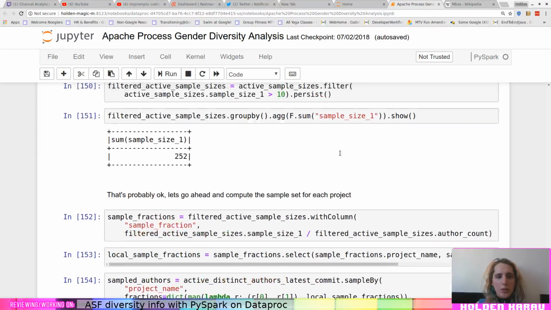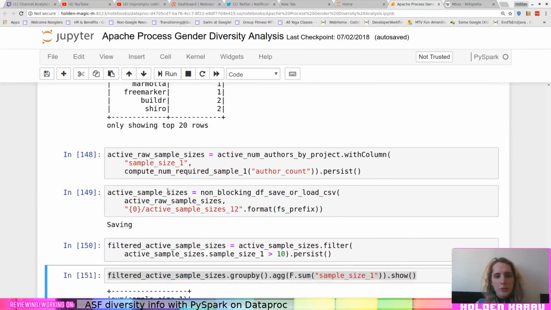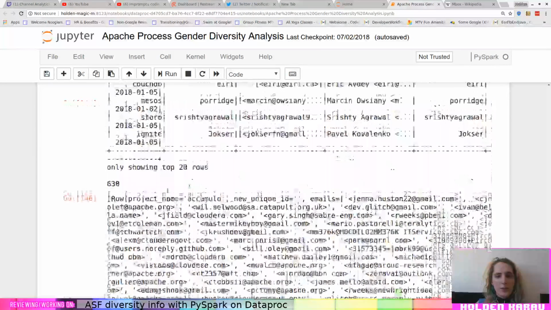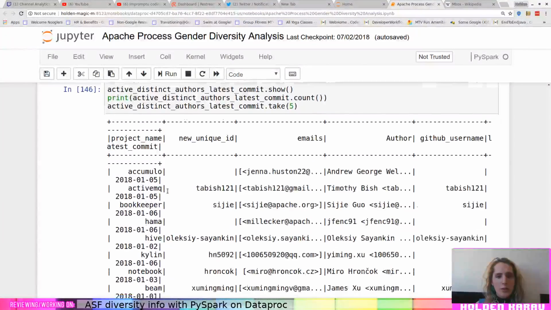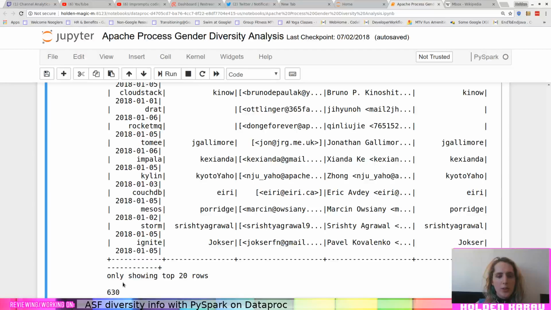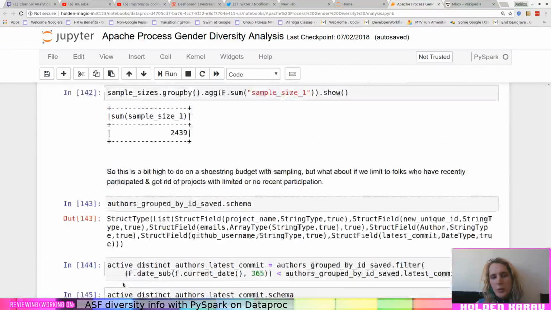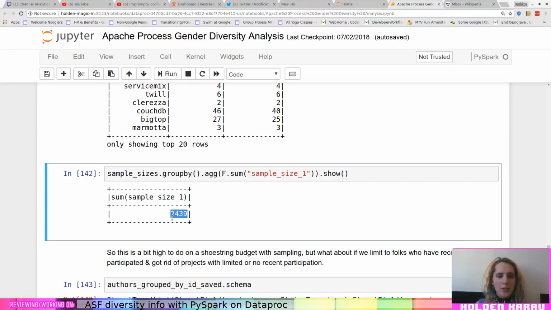Let's actually, wait, this is tiny. This is only 252. That seems much smaller than I would have expected. Did some data get lost along the way? So it's saying there's only 630 active authors. That seems low. If we look up here, it's saying that there are only